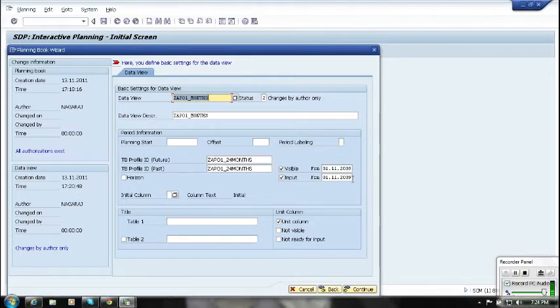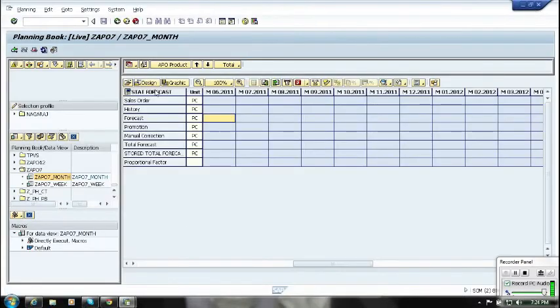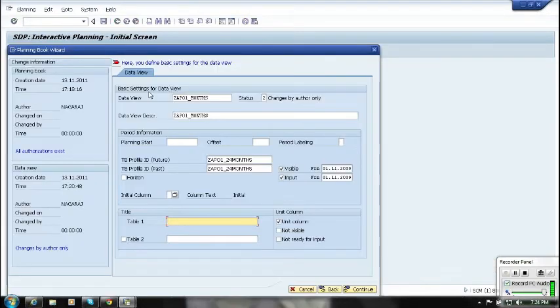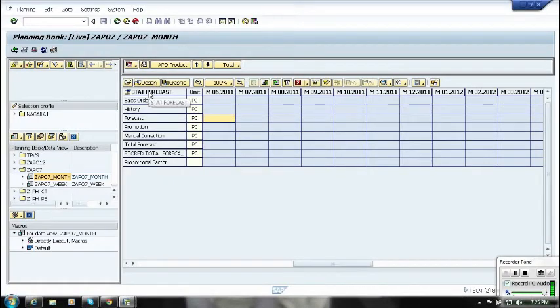Okay. And here we can give a name so that it will appear here, like here you can see stat forecaster. If I give any name, it will appear here. So whatever the planning book is really doing, you can give the name there. For example, we are running the statistical forecast, so I am giving statistical forecast. For consensus, we can give consensus, and for release, we can give release. Like that, we can give the name so that we can easily identify what exactly it is doing.